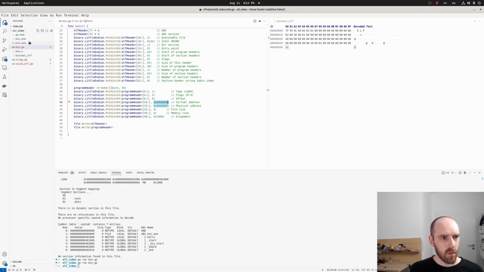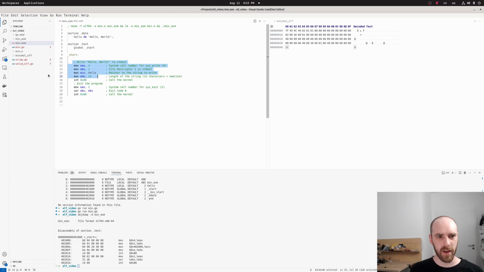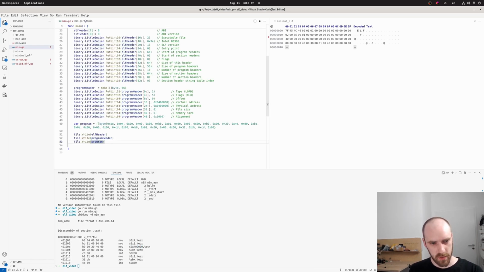Speaking of which, we already assembled this one, right? And we basically want to do the same thing. So we could go in and look up, okay, what is the encoding for moving a value into this register? We can look at these instructions and how they are encoded, and then copy them over into our program. And this will be the instructions we also want to run. And the only exception will be that this program expects the hello string at this offset, and this will obviously be different for us. Okay, as you can see, I just literally took all of these values, put them in